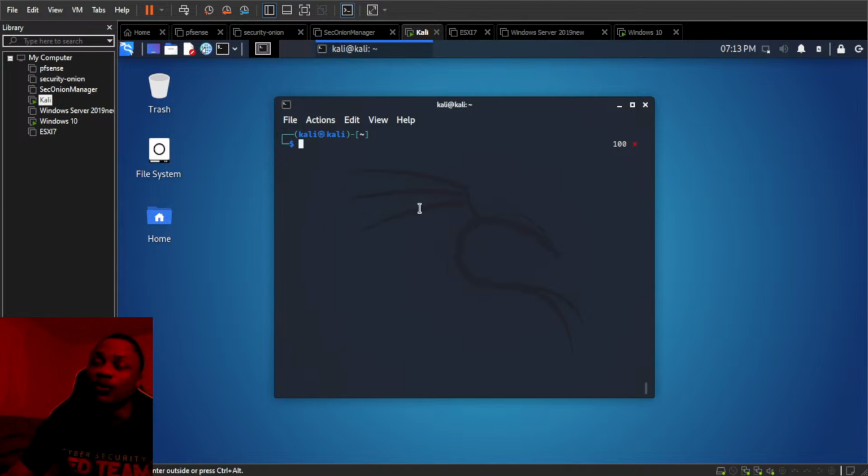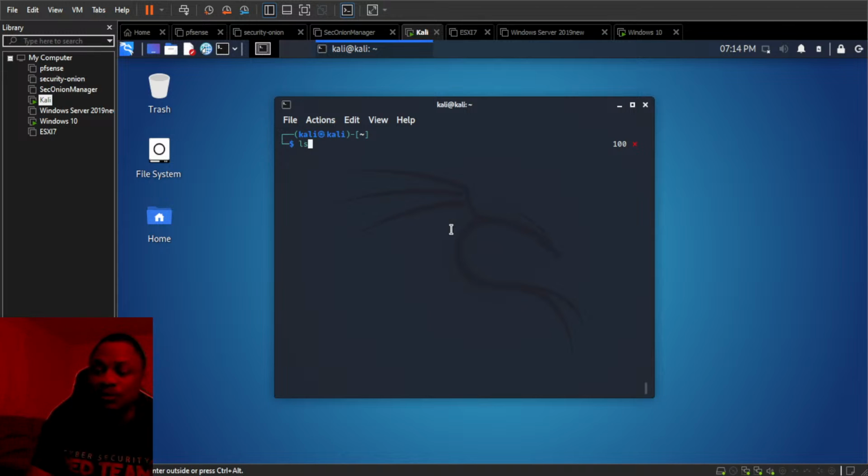Whether you're a white hat hacker, like an ethical hacker, or you're a systems administrator, or whatever the thing is that you're doing, you really want to get used to the Linux terminal. It's very, very critical. So a few commands: if you want to know what you actually have in your user's home directory,